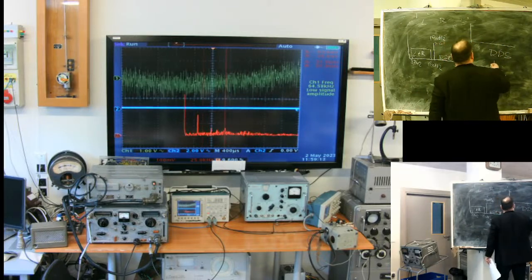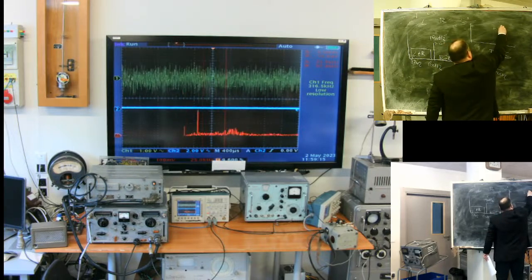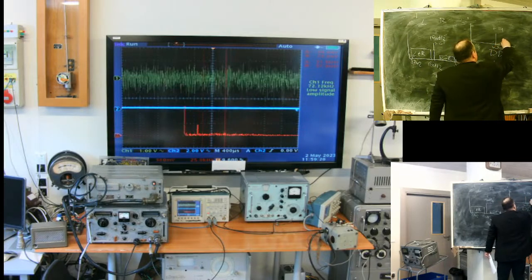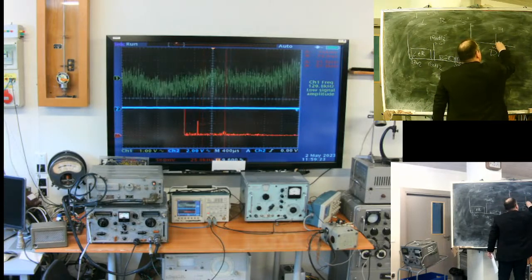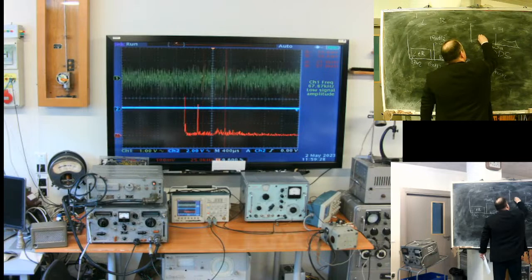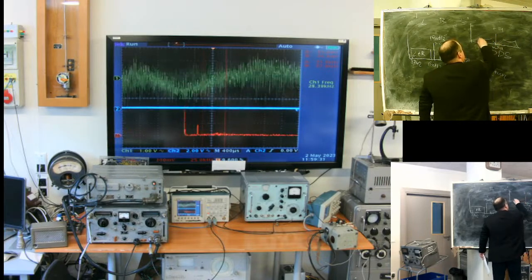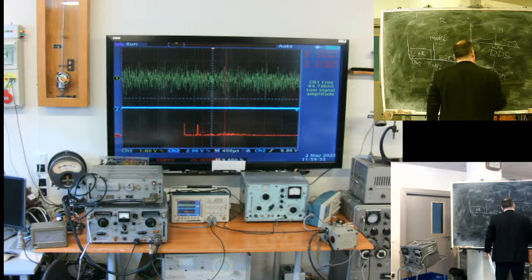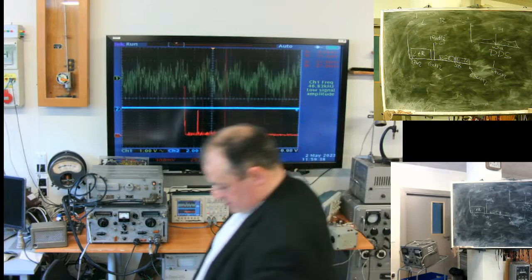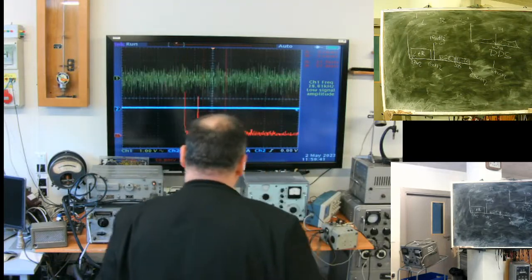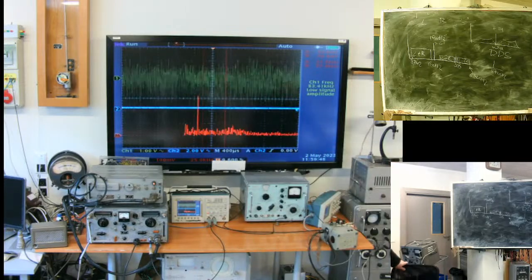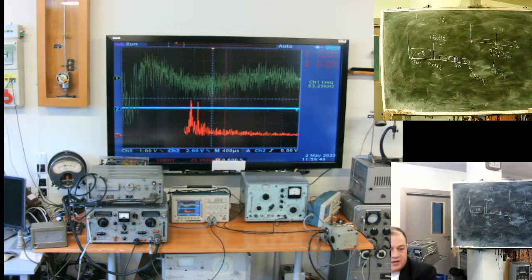And second key idea, the frequency modulated signal will look like this, depending on the depth of modulation. We are running out of time, so I will